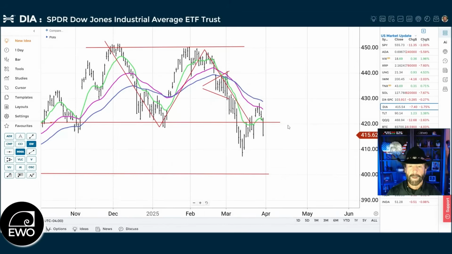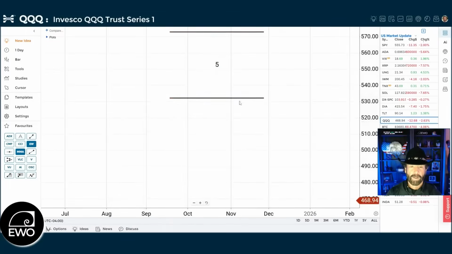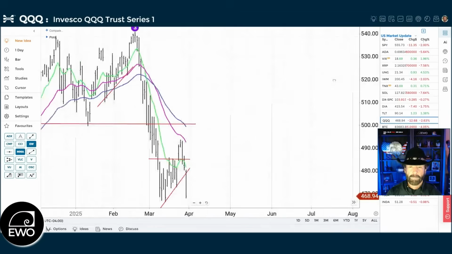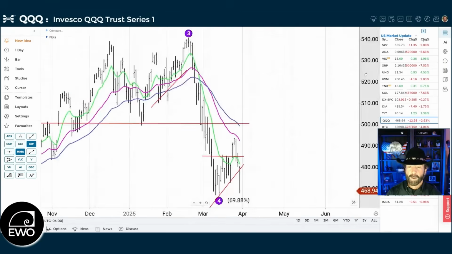resistance at 420. We got up, got close to testing that 50-day moving average. But then we turned and rolled over and moved back to the downside on the DIA. So all the markets, like I said, they call this a bad tape when pretty much everything is red and going to the downside. We take a look at the Qs, and you would think that rates would have hurt